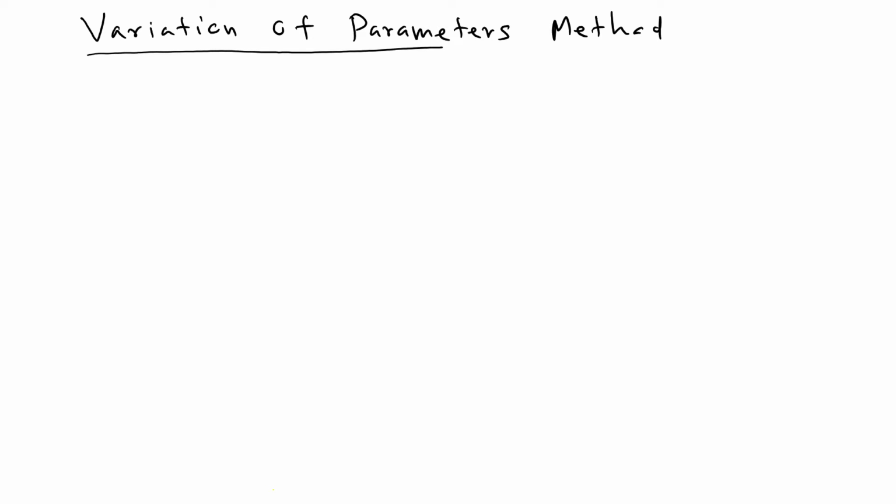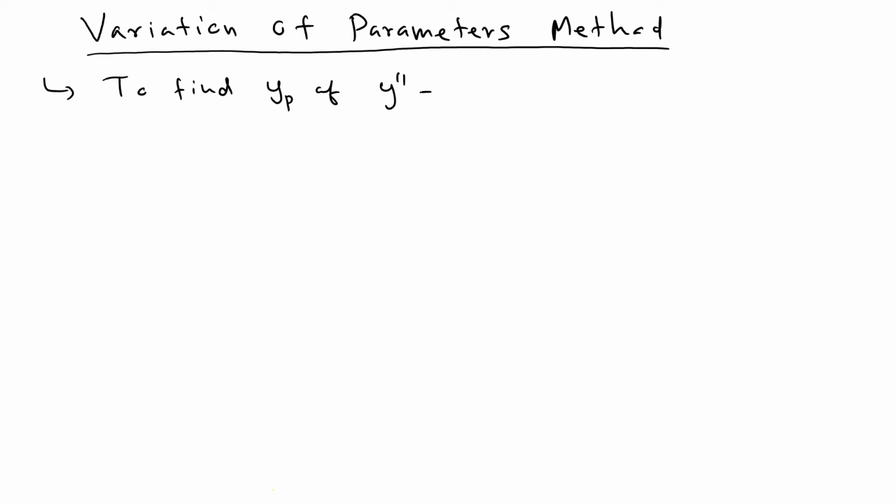In this lecture, we are going to learn about what we call the variation of parameters method. So why do we use the variation of parameters? We use the variation of parameters to find a particular solution, what we normally call y_p, of this differential equation,